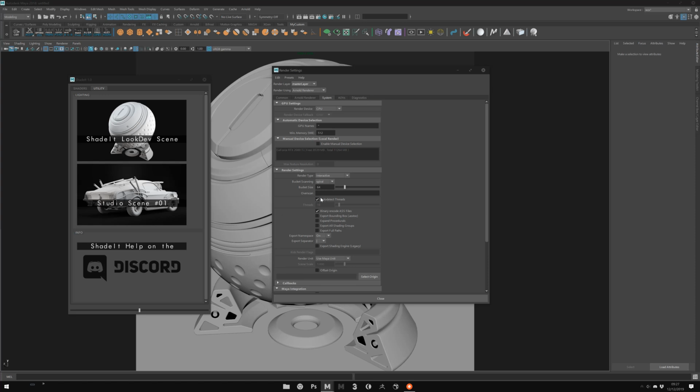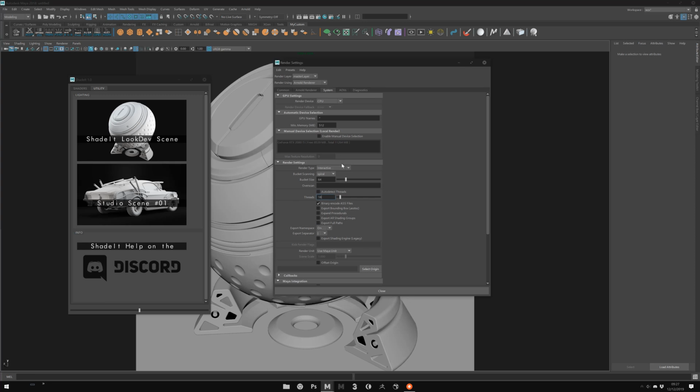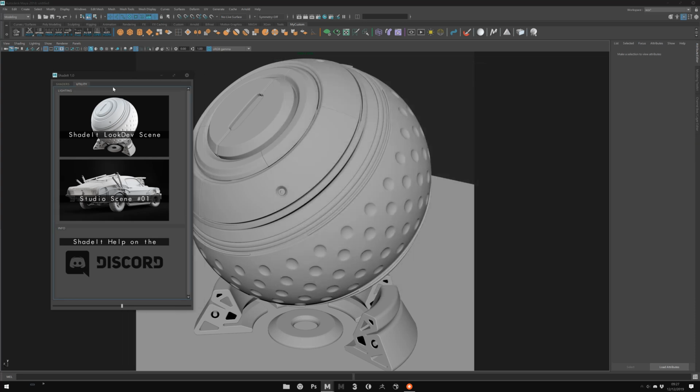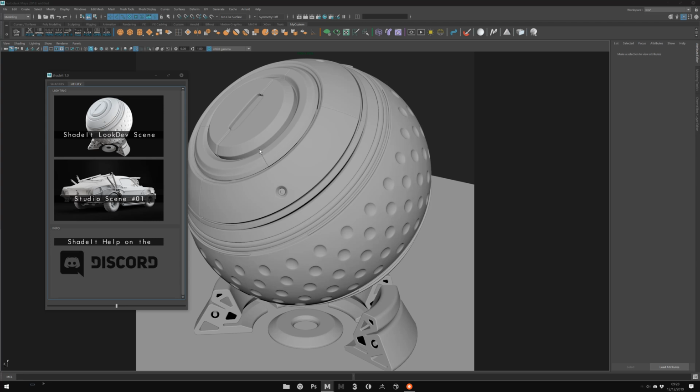For that, I advise you to uncheck auto detect threads and look at how many threads you have in your computer, and just leave two threads free. For example, on my PC I have 20, so I give only this to Arnold, and this way your Maya will be smoother. Okay, just these two tricks.